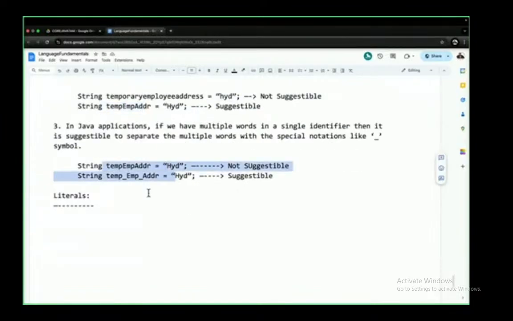Next, to prepare Java applications, Java has provided the following literals. What are the various literals provided by Java? I'm going to give them category-wise. I'm going to provide those literals. The very first one is